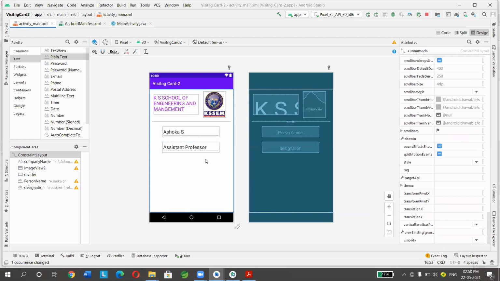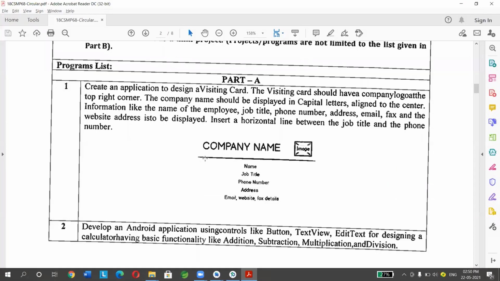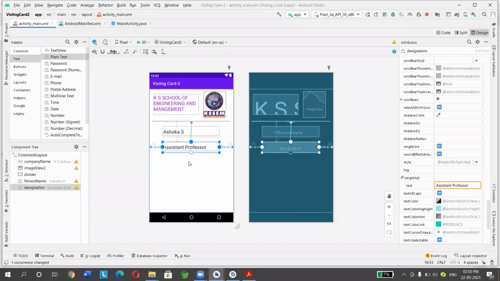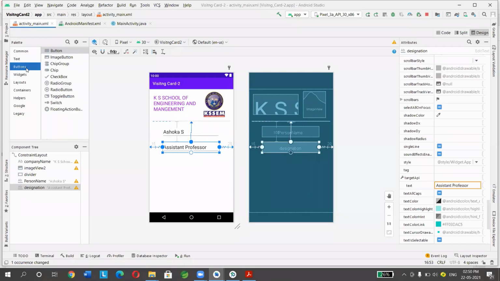After that, you need to have a phone number. So there are two ways again. If you want, you can copy this text once more. Otherwise, go to palette, go to text.